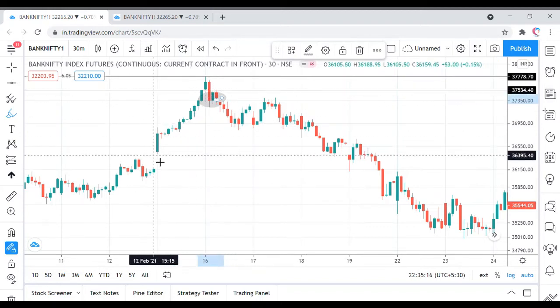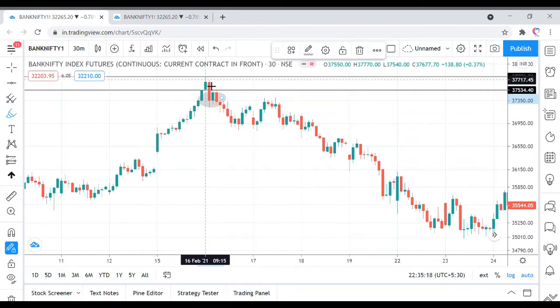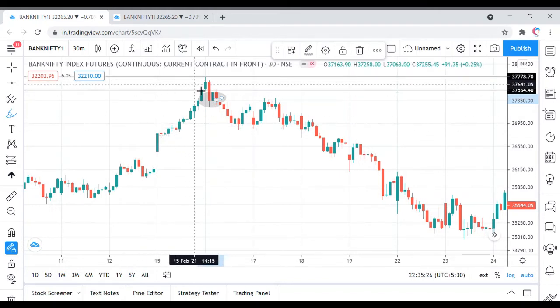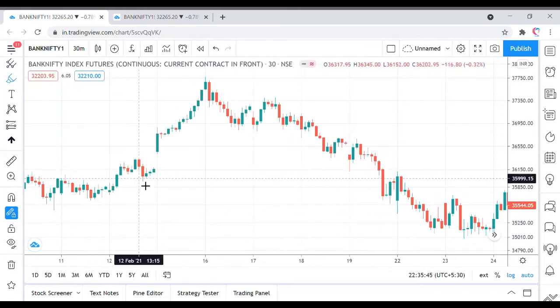You can see even the opening was higher than the previous day's closing, the 15th February example which we took to go long. So many people would have considered this as a bullish example. On 16th February, the opening was above yesterday's closing. But using this strategy, we easily gained 500 points shorting the market. We'll take other examples as well.